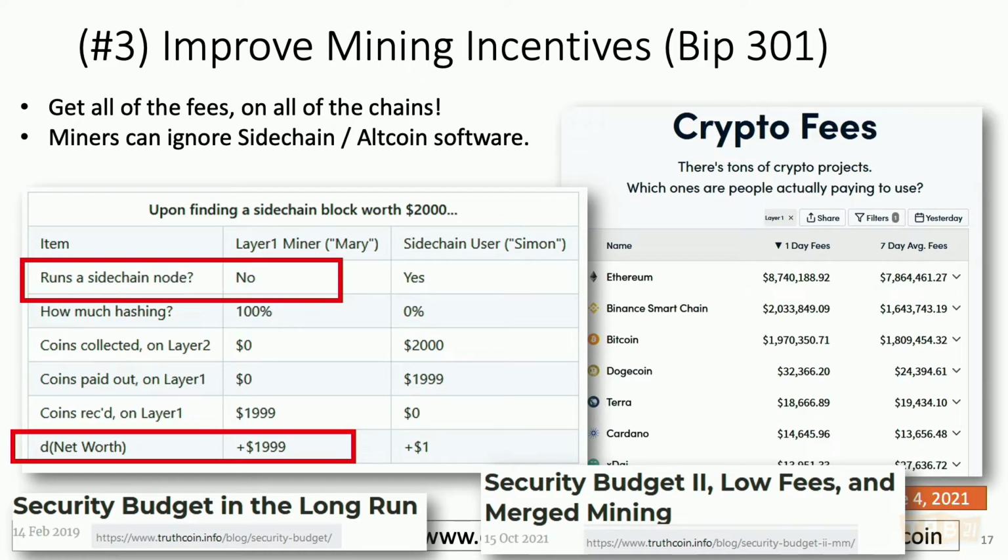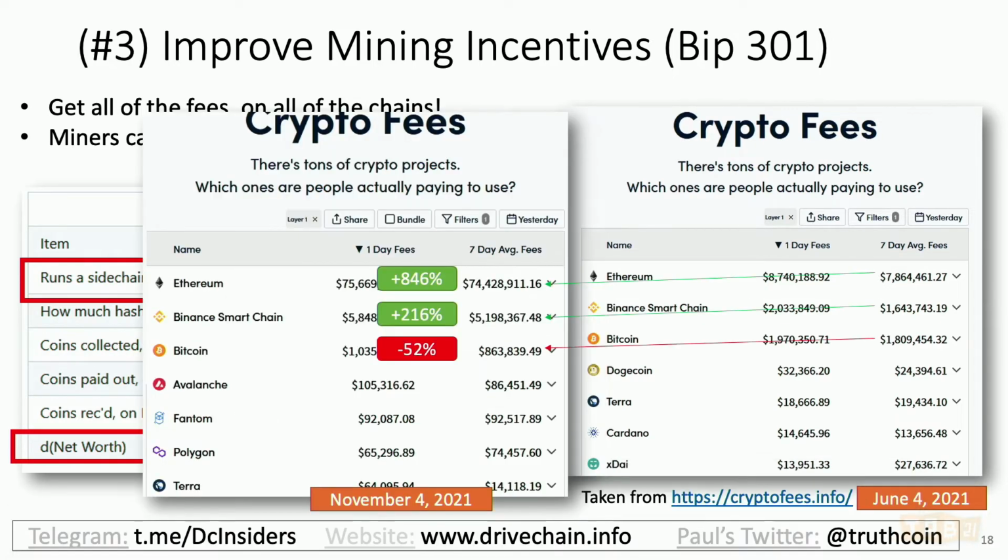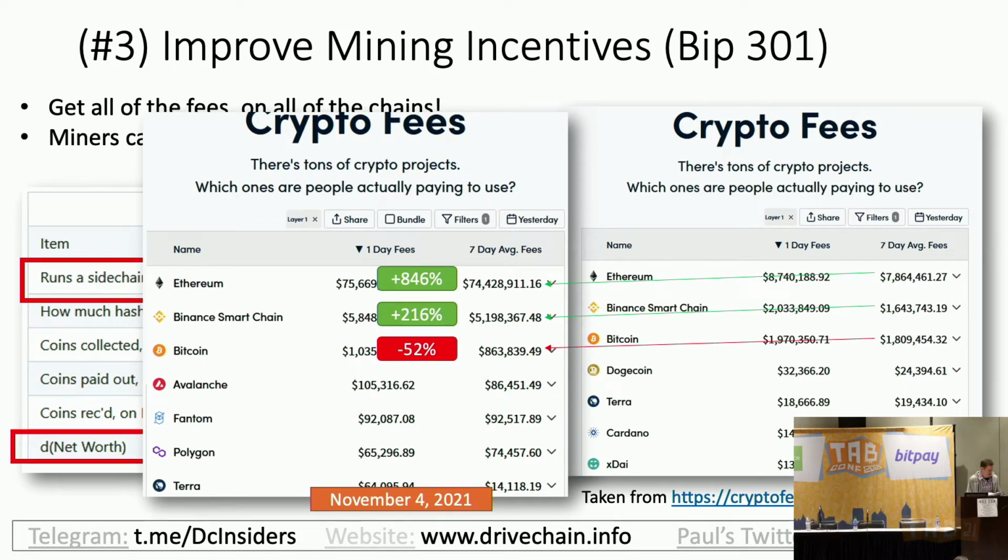I don't have very much time to tell you about this, but I did write 2 articles that are below there about security budget that you can look up if you are interested. I also want to mention that I gave this talk in June, using these little numbers over here to the right, the crypto fees numbers. That was on June 4th. And yesterday I updated the slide to look up the latest numbers, and I thought it was noteworthy that the Bitcoin revenues are substantially down and the ETH revenues are way up. So maybe that was just unlucky timing. You never know, of course, but maybe something to think about.